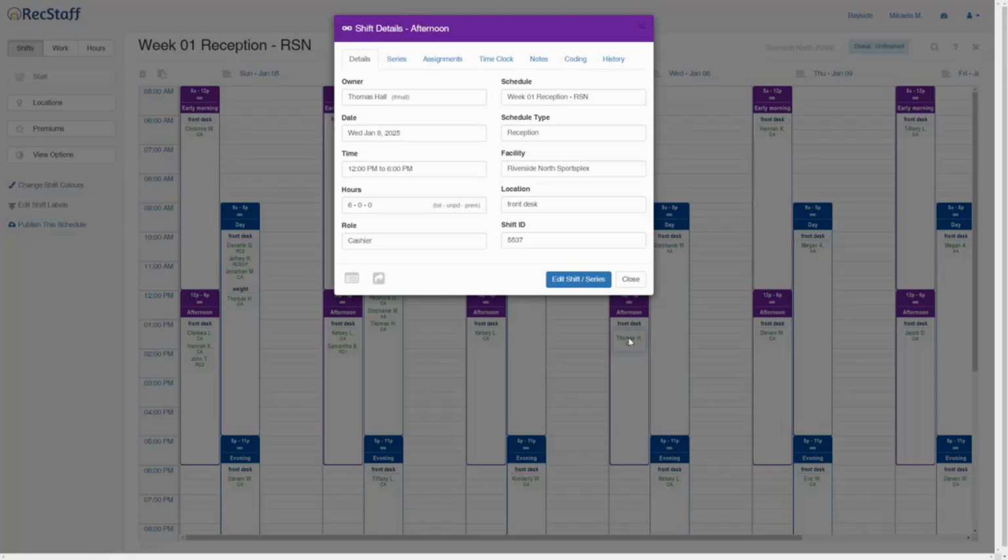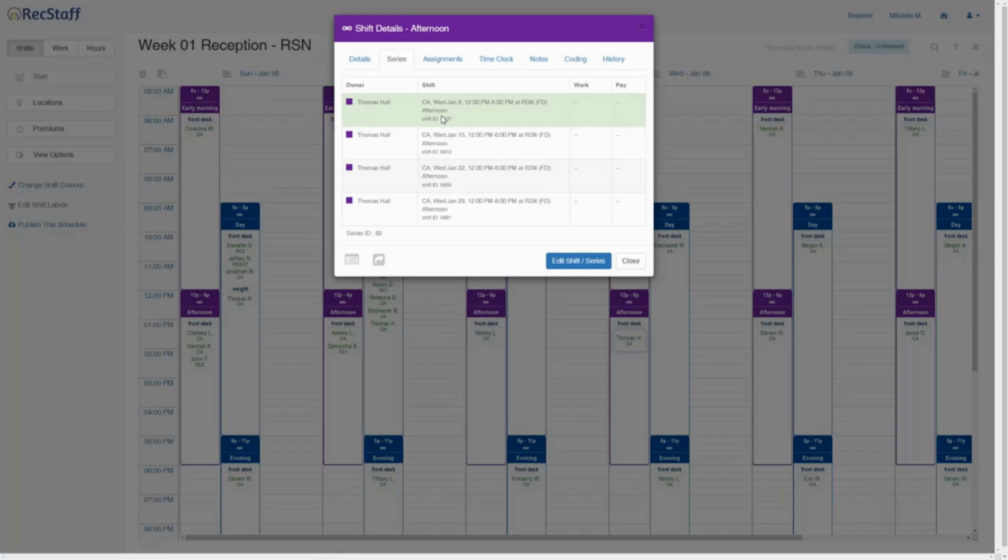Now, you'll notice that there's a new tab at the top called Series. When we click on that, it shows us all the instances of this shift throughout the series. The one we are currently looking at is the one that's green. And that's there right now. Now you'll also notice that the edit button is a little bit different now. It has edit shift or series. So when we click on that,